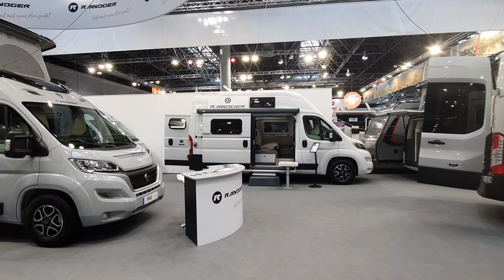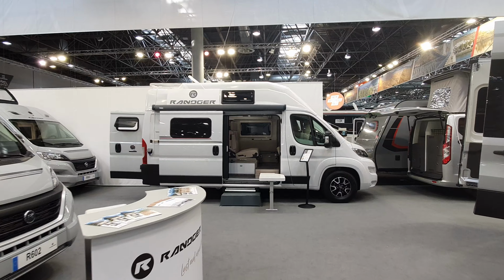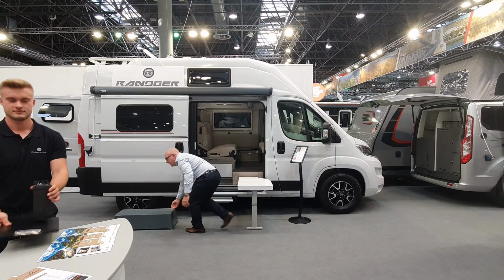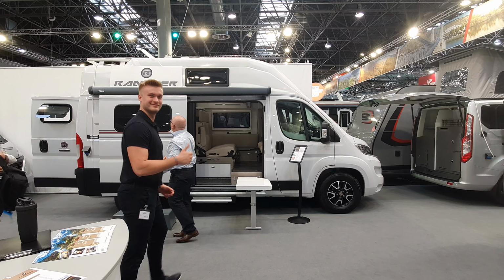This is a Randger camper van and I quite like the way this one here is laid out, even though it's now being